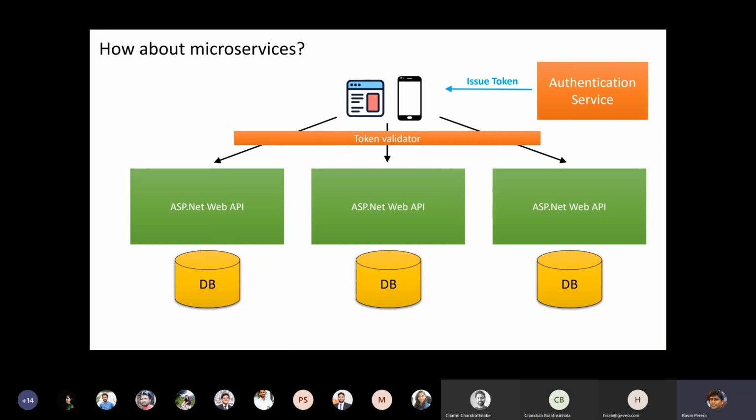So this is sort of like the abstract box diagram, architecture diagram. Now let's focus on the authentication service. Now Hiran gave the answer to this as well. As the authentication service, we could use these off-the-shelf or ready-made authentication services like Microsoft accounts, Google login, Facebook login, Twitter, LinkedIn, you name it. There are tons of widely well-known authentication providers in the world. We could use any of them as our authentication service.